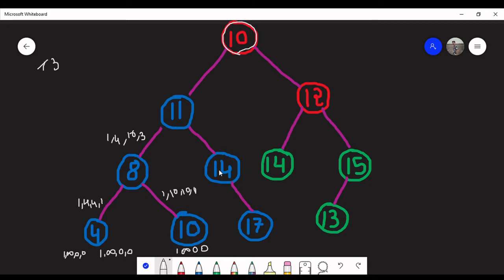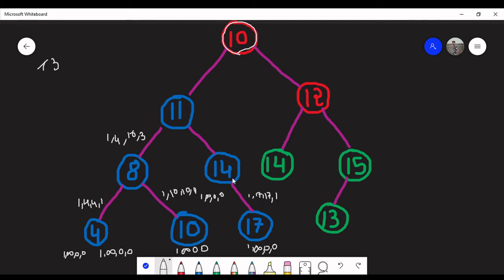Now 11 will call to its right subtree, and 14 will call to its left subtree, that is null, so it will return 1, infinite, 0 and 0. Now control will again come back to 14 and 14 will call to its right subtree. Now 17 will call to its left and right subtree, both are null, so both will return 1, infinite, 0 and 0. Here 17 is BST, so it will return 1, 17, 17